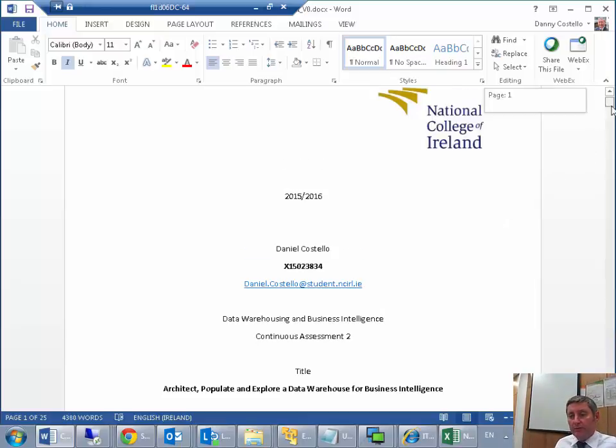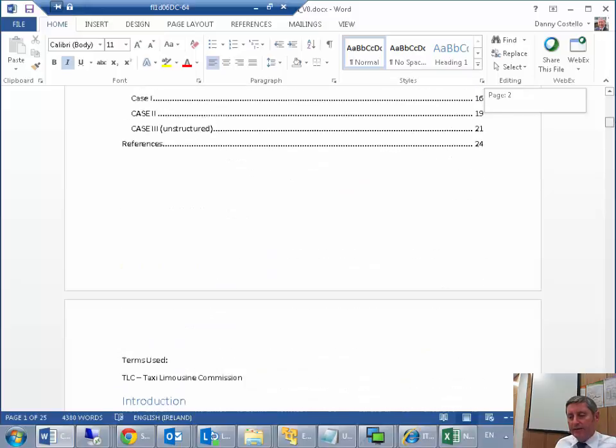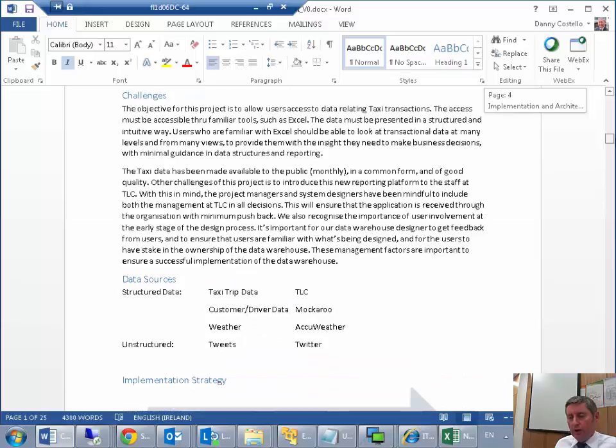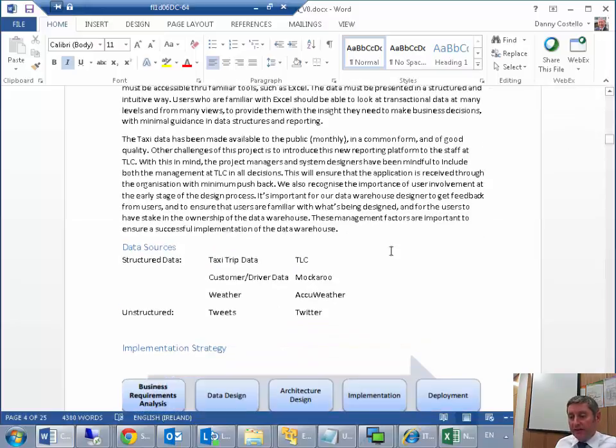I'd like to start by describing the data I used for my analysis. It was taxi driver data provided by the New York Taxi and Limousine Commission, also taxi driver and customer data mocked up from Mockaroo. I have some weather data from AccuWeather, and I also have some Twitter data from Twitter. And this data was analysed